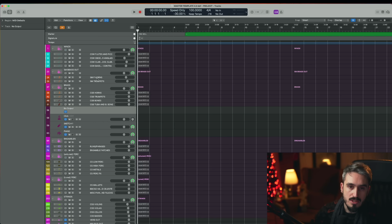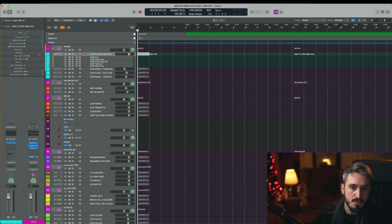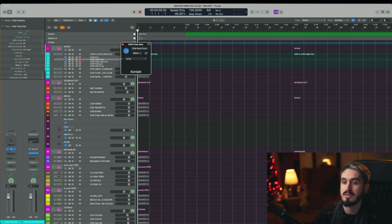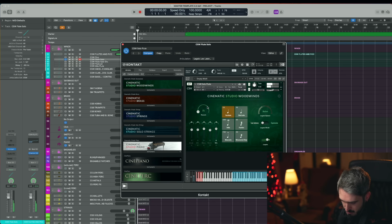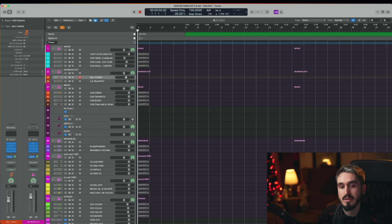So as I said, for the vast majority, I'm using Cinematic Studio stuff. There are some new additions as well, but starting from the top, you see that I have Cinematic Studio Woodwinds. I love this library. I particularly like the low latency mode. Yeah, it's just great. They're very nimble, very bright, but also quite expressive, just the way I like them. And going in order, I'm not going to play every single instrument, but going in order,